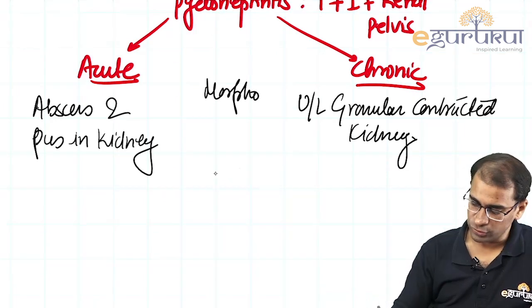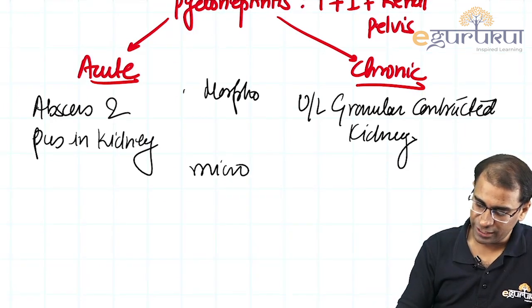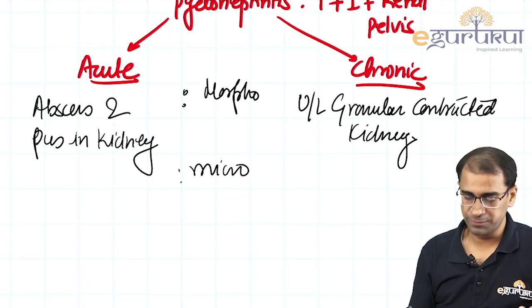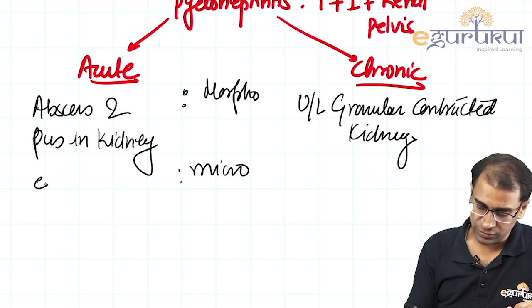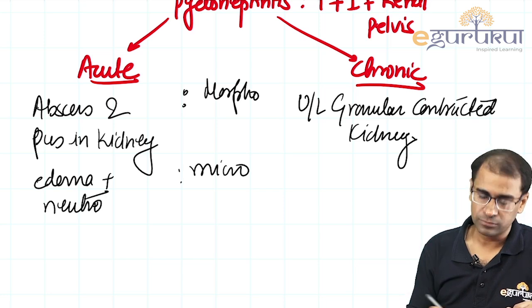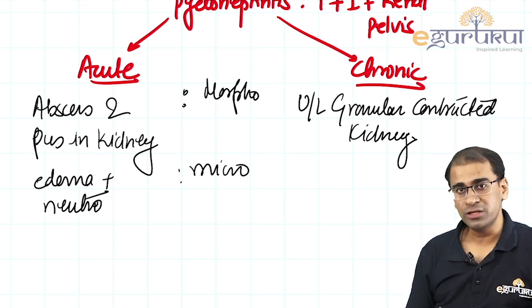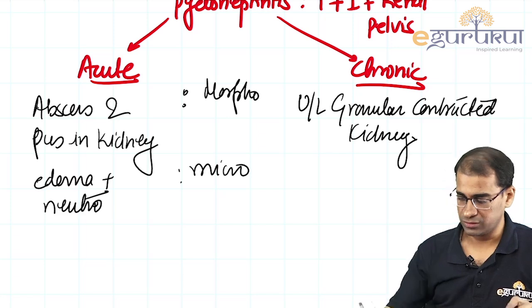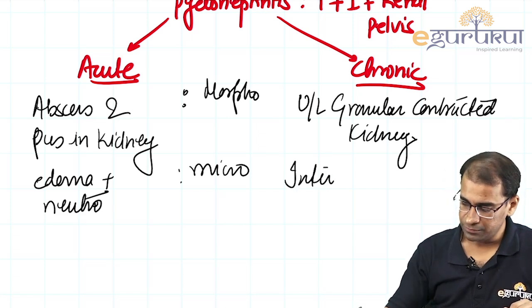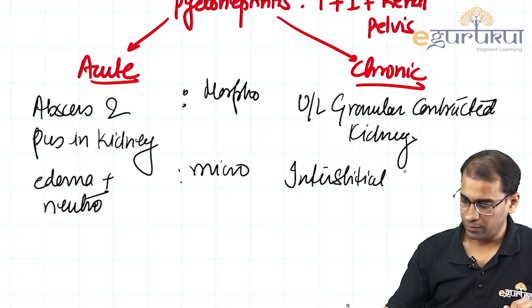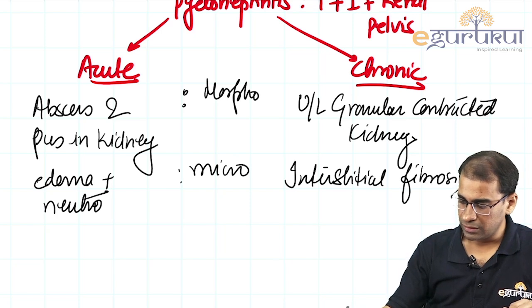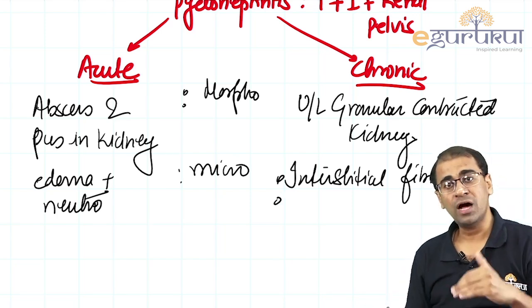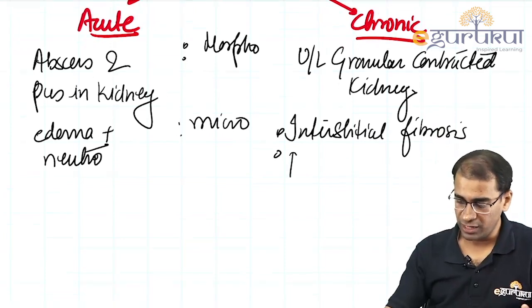Okay. In the microscopy, look, in acute what you expect is the obvious thing. You expect what? Edema and neutrophils. You find edema and neutrophils. But in the chronic you do not find edema, you find fibrosis, you find interstitial fibrosis. This collagen can also be around the glomerulus, and hence a very frequently asked question,